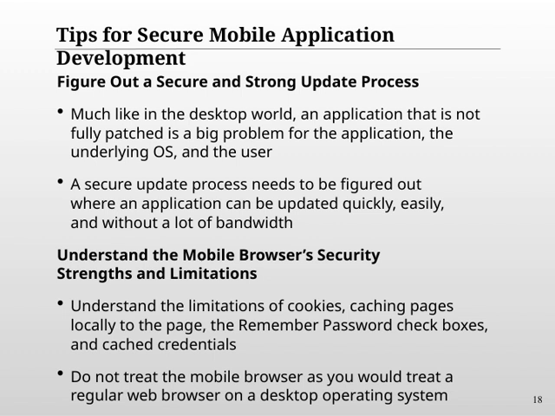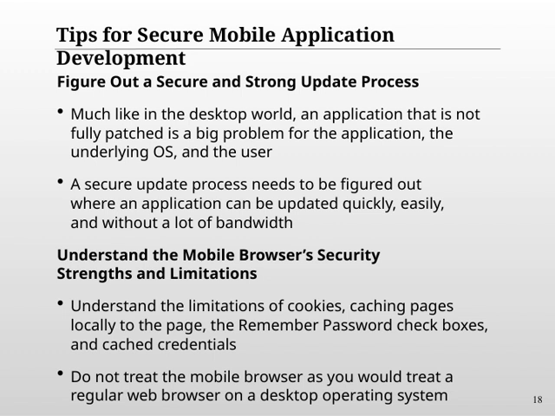And remember, do not treat the mobile browser as if it's just a smaller version of a desktop browser. Mobile browsers have unique behaviors and vulnerabilities. Recognizing these differences helps you design more secure applications tailored to mobile environments. By keeping these points in mind, you can greatly enhance the security posture of your mobile apps and protect your